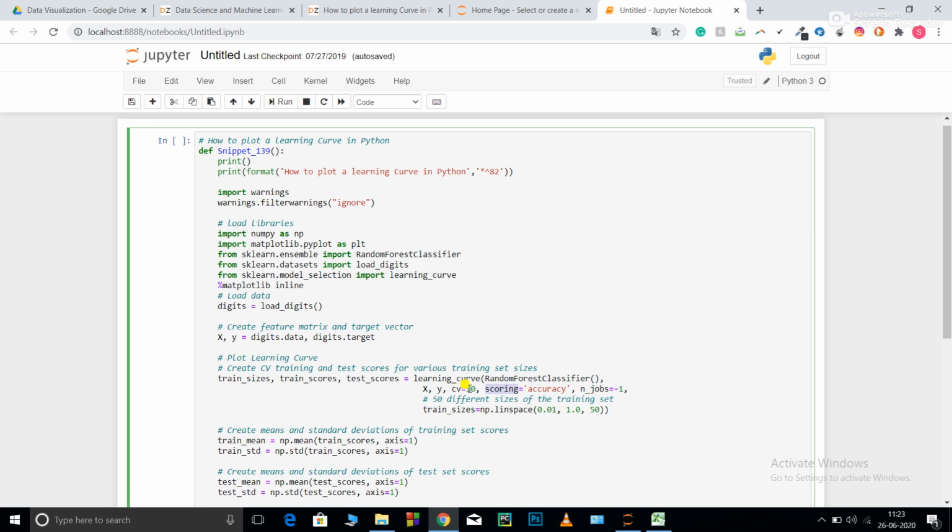So scoring, now cross validation is equal to 10. So what is cross validation? Let me explain to you. Now train test split is also a kind of cross validation. What train test split does is split your data set into percentages according to what you give. For example, you give your testing set size to be 25%. It keeps your training set to be 75% and testing to be 25%.